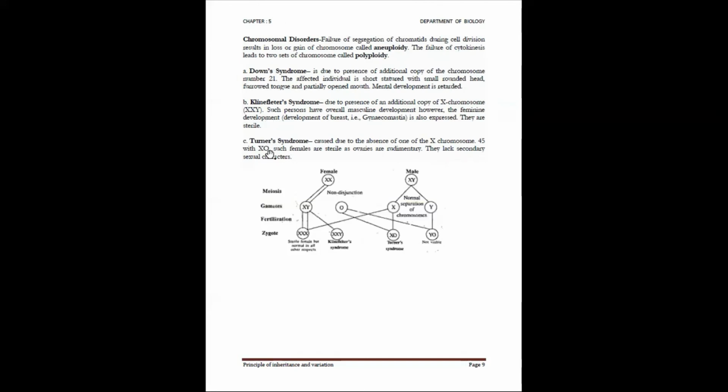And all the three syndromes can be asked individually for 2 marks or 3 marks maybe, or chromosomal disorders can be asked for 5 marks, wherein you have to include all the three syndromes. Or it can be asked for 1 mark, wherein they would ask you to write the complement of Down's syndrome. Because there's one extra chromosome on the autosome part, you have to write it as 46 plus XY, 46 plus XX. So this is how you have to write.